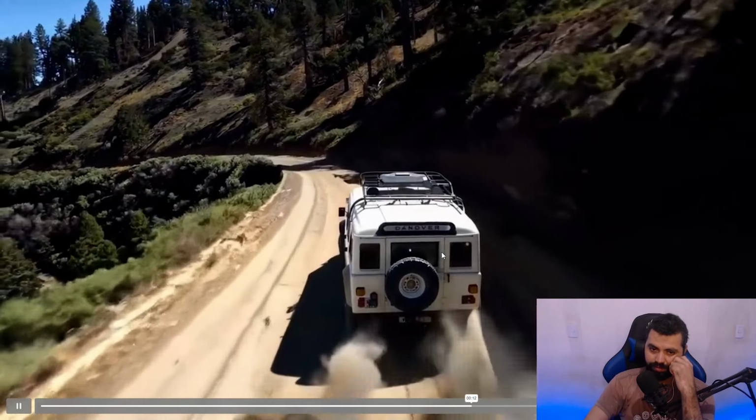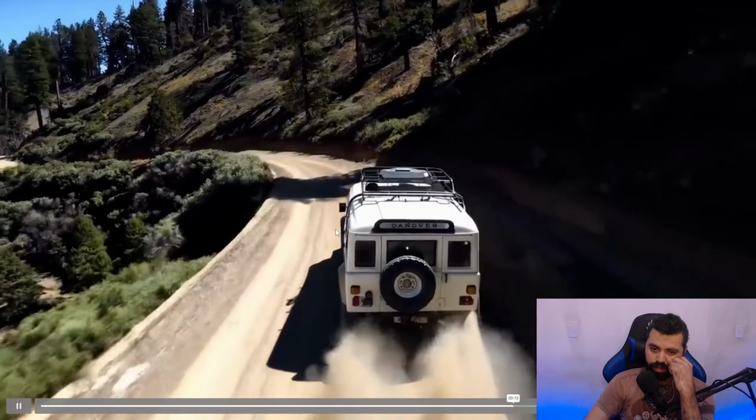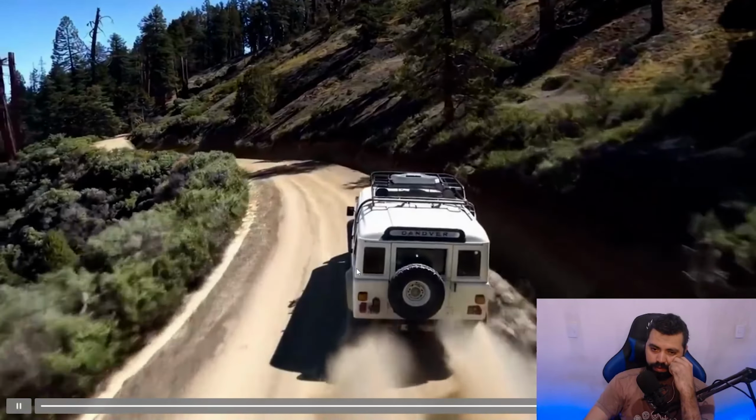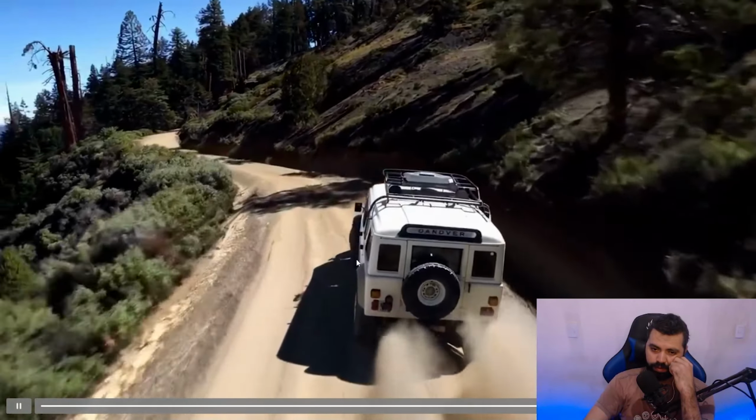There's a weird thing happening in the front wheel. I think right around here, right? Something weird is happening there. Yeah, but the errors are so minuscule.